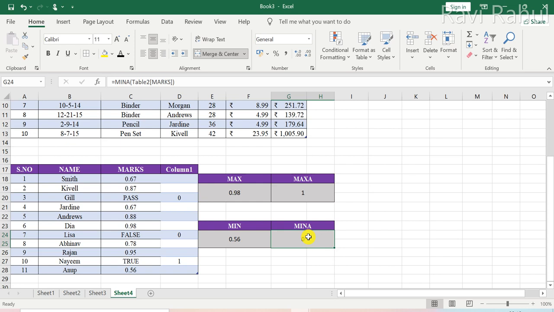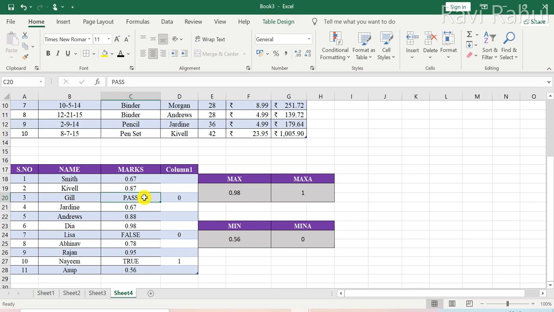So we can see that we have a text value, which implies 0. And a FALSE value is also 0 and TRUE is 1. So the minimum value that we are getting here is 0, so it is displaying 0.